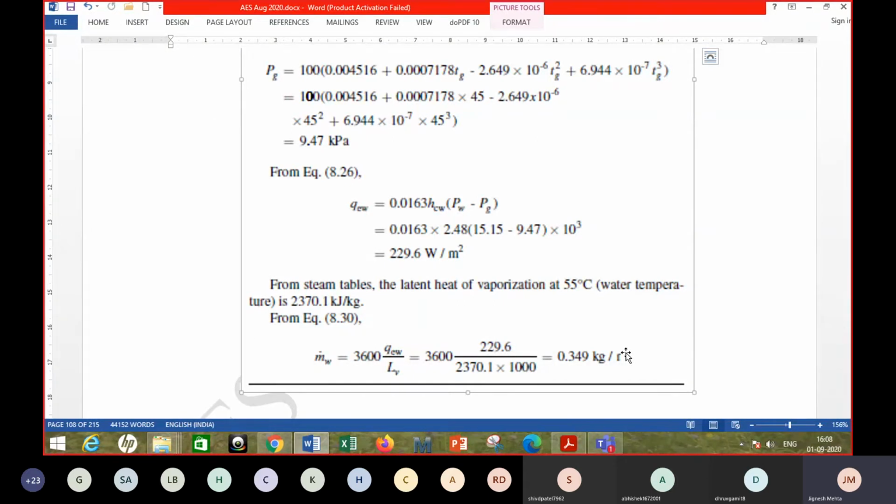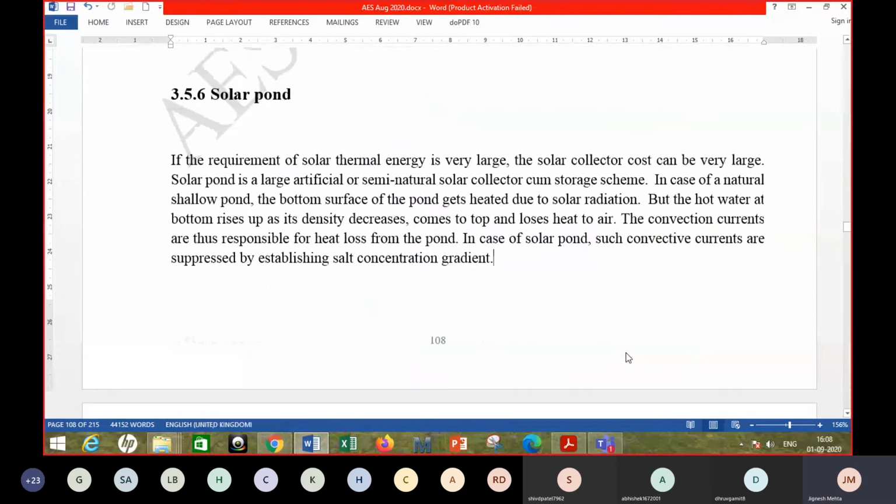Okay, so to find the place to install this, it can be the terrace, it can be a rooftop, it can be some open area which is not utilized for other activities, and there one can produce this distilled water, for industrial applications, or for removing the impurities or salt content, even for human consumption. So this is about the solar still.